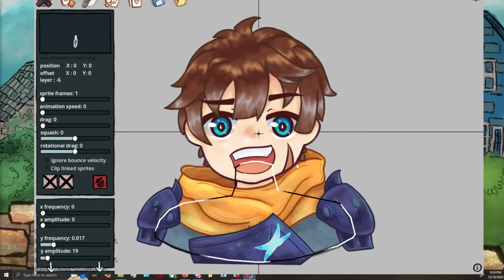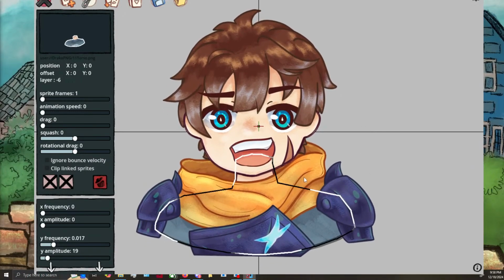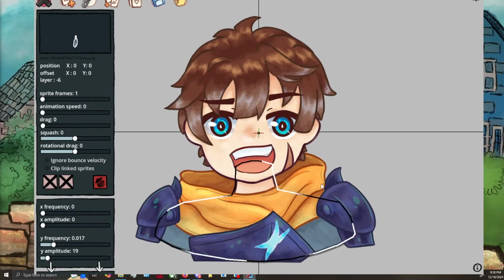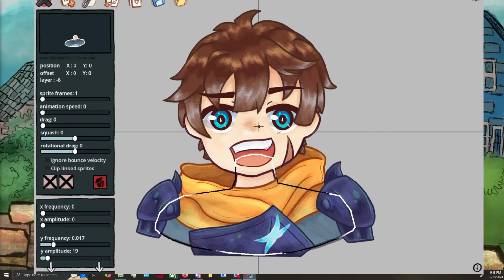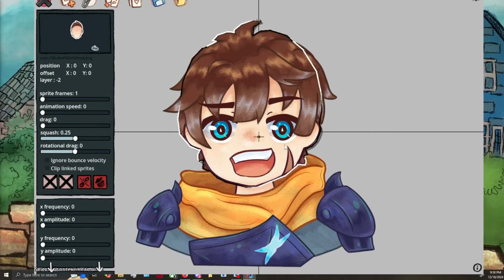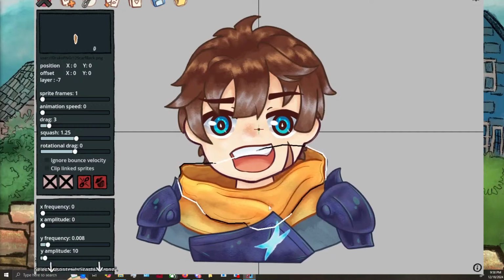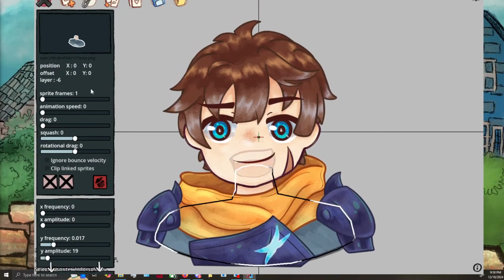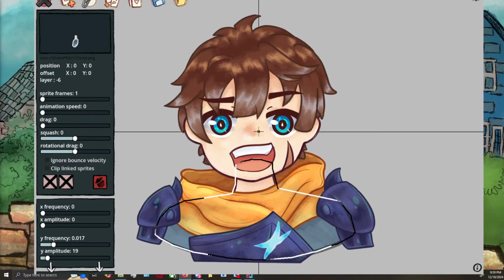There's something you're going to have to do first if you haven't done it already, and I might also send you a video of this because there's a really great tutorial out there. It kind of covers all this anyway, but you need to link your layers. Like this is my torso layer, and anything that is here,